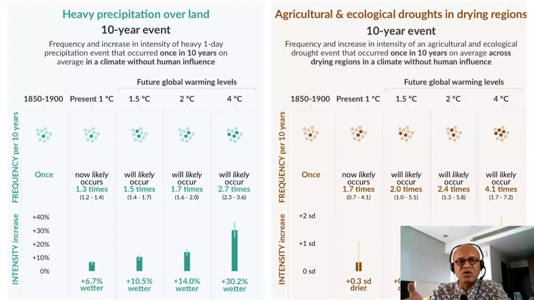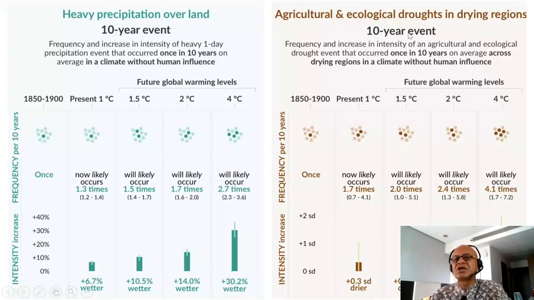When you throw a dice, you expect all numbers to show up equally, probably in a random number of throws, but when you load the dice, you can make some numbers appear more frequently, which is what global warming is expected to do. And in terms of intensity increases, you can see that the observed warming has 6.7% warmer on global average, whereas with 1.5 to 4.4 degree warming, you expect the intensity to increase continuously. Okay, and the range here is much smaller than the increase.